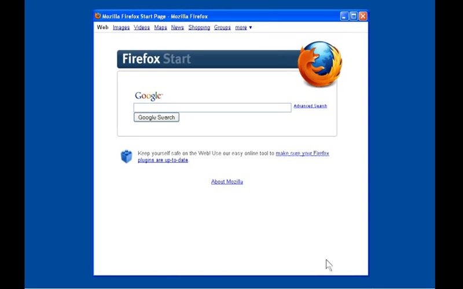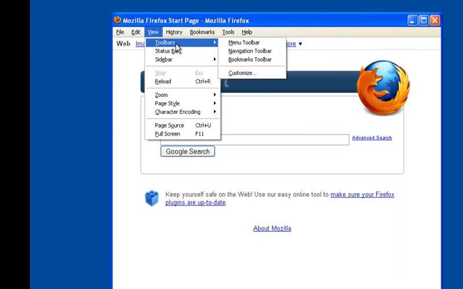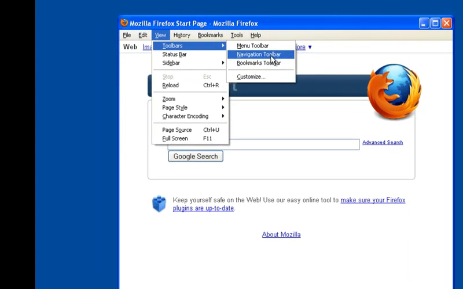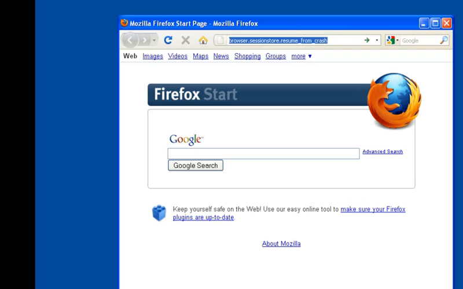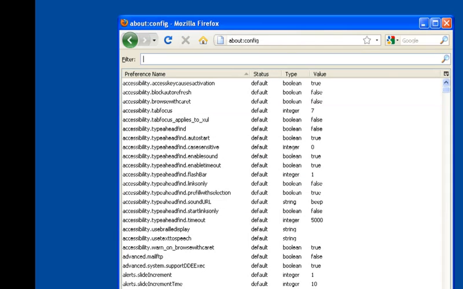So first let's go ahead and hit again the Alt key on the keyboard and click on View, Toolbar, Navigation Toolbar, just to enable it for a second. And you want to type here about:config and press enter. Go ahead and agree. And what you want to do is you want to go into this path right here,